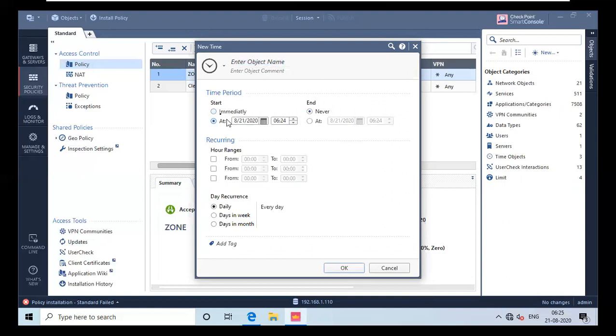If you don't want this, you can select the hour ranges, which means in these hour ranges particularly you have to start it. And you can select days in week, means it's clear from the word that you can select specific days in a week or days in a month. So I will go for 6. I will edit it out, and it's right now 6 to 12.